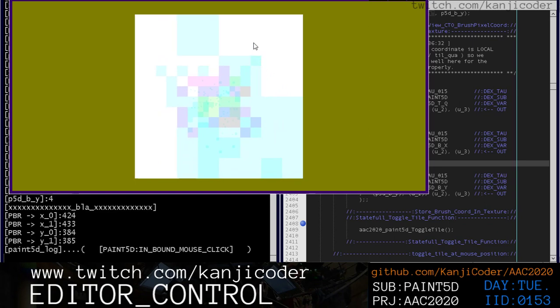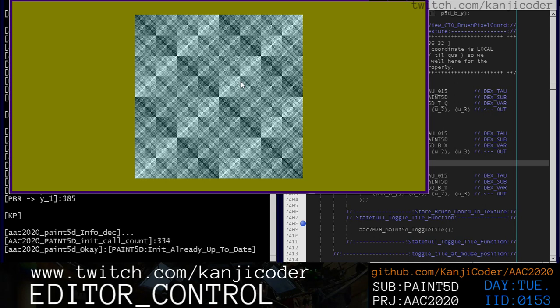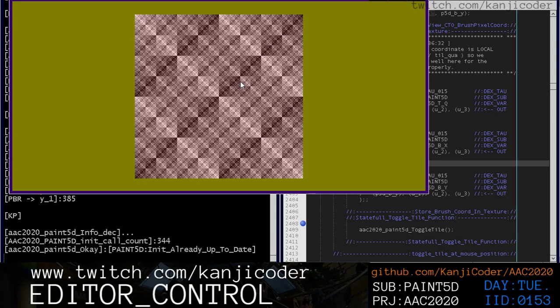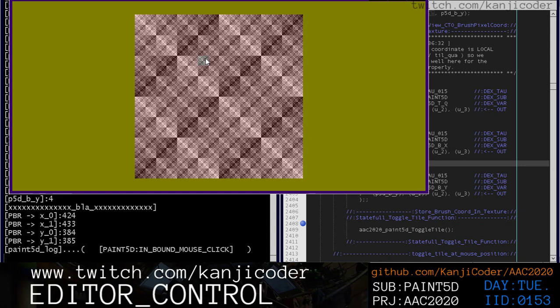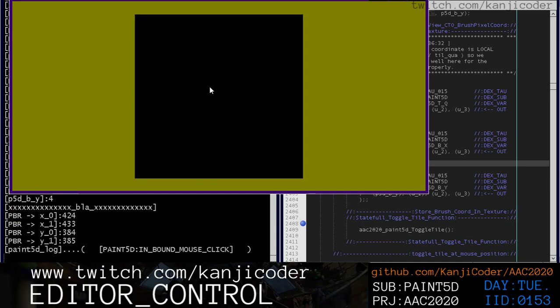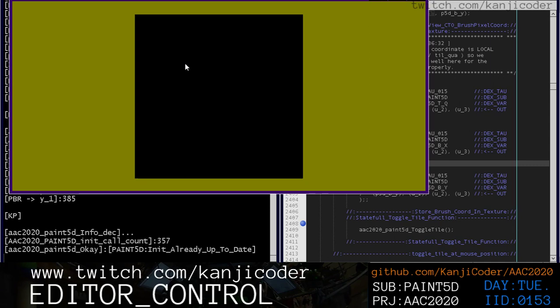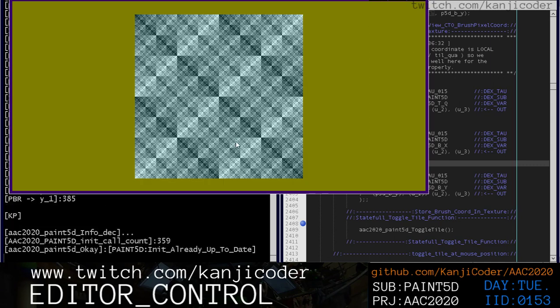So we need to make this a little bit easier to control. But now if we do Y, we go up through here, we go up through the patterns. Like there's patterns everywhere we can use, right? So this is, well, I'd say